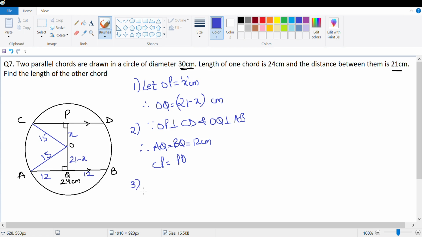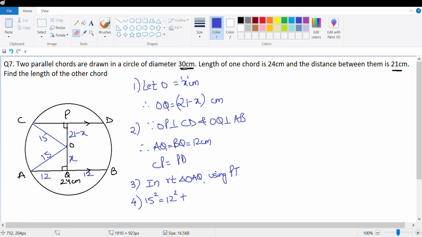So let's apply Pythagoras theorem in the right triangle OAQ. What I get is 15 square is equal to 12 square plus 21 minus X square. Maybe I should change it, because my life will become much simpler if I take this as X and the other one as 21 minus X, because it's easier to calculate with a single term than with two terms. So let me just rewrite my